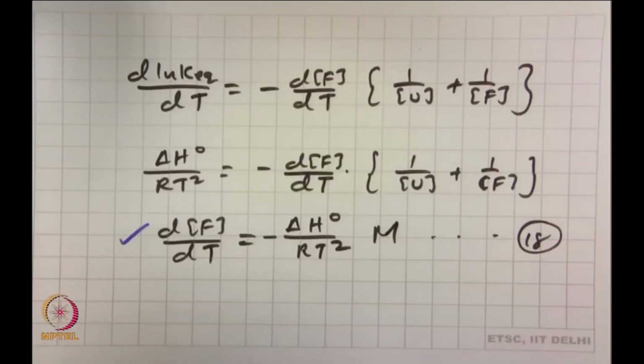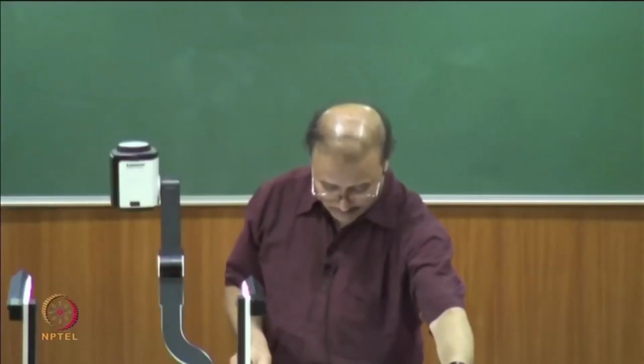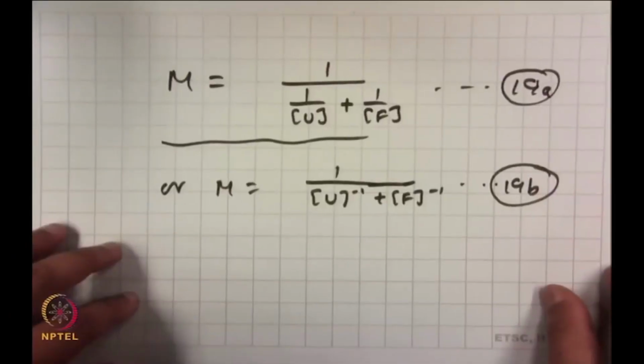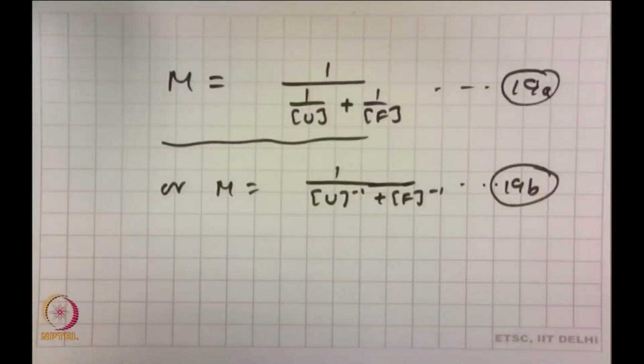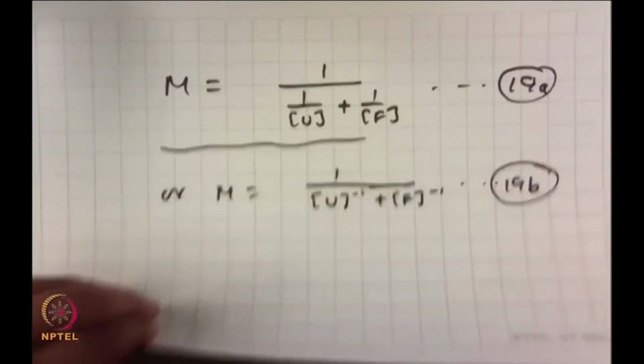And then the most important thing is that this change of the folded state, whether the concentration of the folded state is going to change or not, will depend upon two things. One is the delta H naught and the other one is the m, right. So this is how we defined m. It is 1 by concentration of U plus 1 by concentration of F,